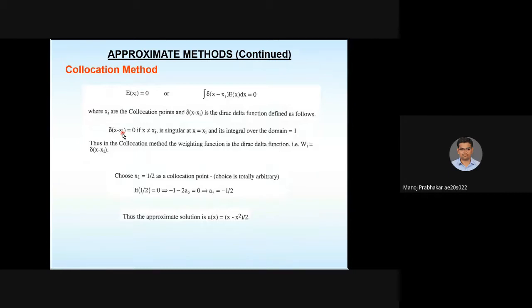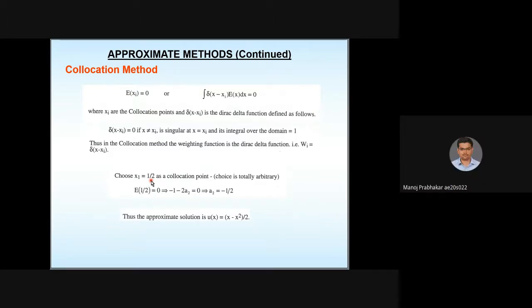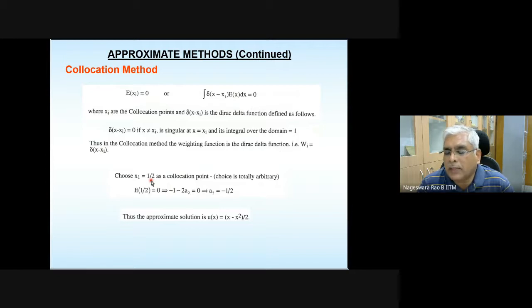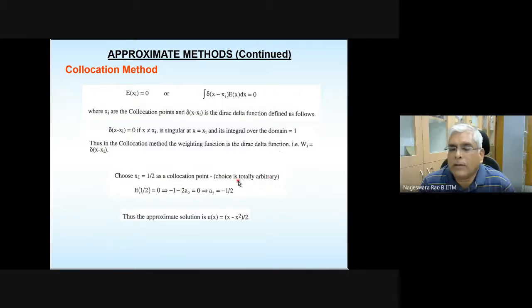Sir, I have a question. Sir, in the collocation method, we are selecting the center point as the collocation point and making the error function 0 there. No, please, I never did it like that. This is an arbitrarily selected half. If you want, you select the quarter point. I'm telling you repeatedly the same thing. Here, I took some point. The choice is totally arbitrary. I mentioned it, no? Yes, sir.